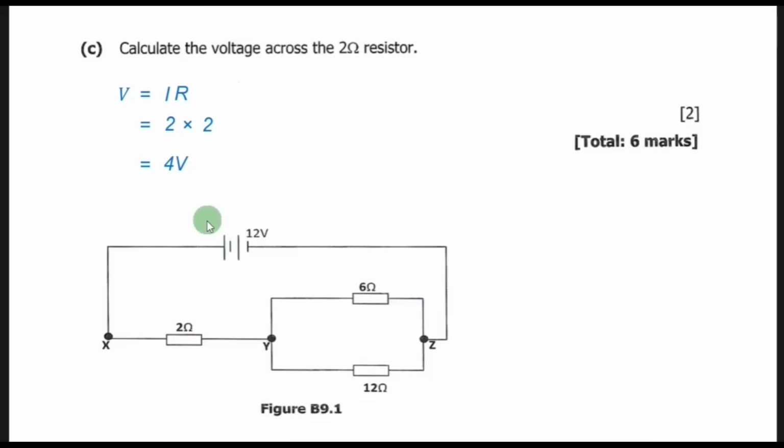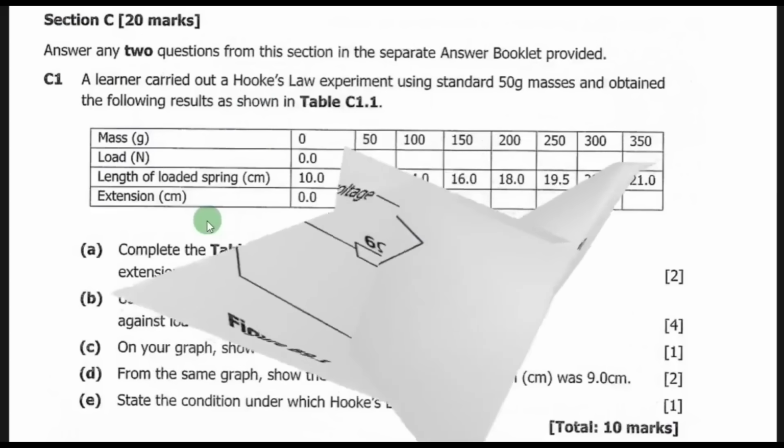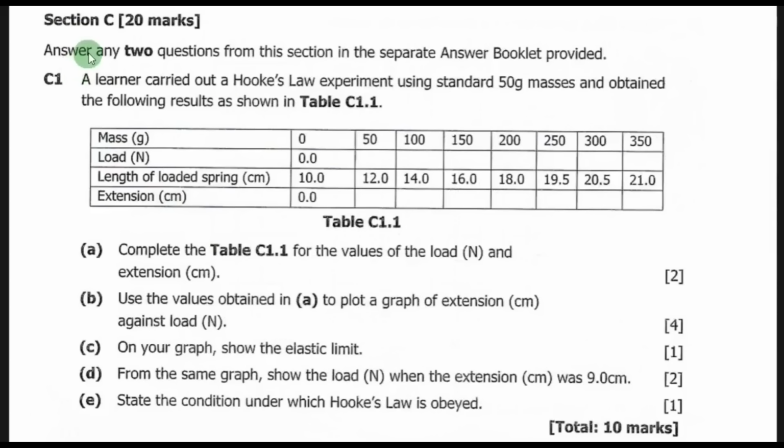All right, so let's go now to section C. So we are now at section C, 20 marks. Answer any 2 questions from this section in the separate answer booklet provided. So you always answer 2 questions from section C and you answer them on the separate answer booklet. So C1 says a learner carried out a Hooke's law experiment using standard 50-gram masses and obtained the following results as shown in table